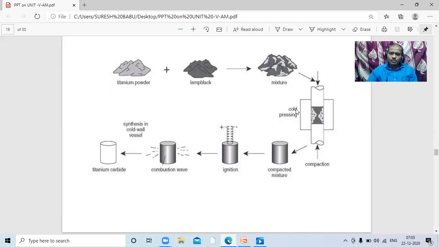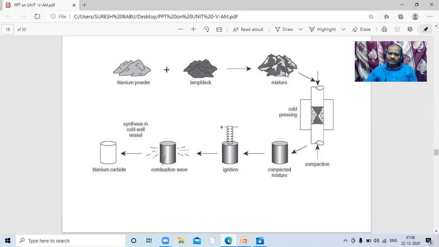And then this is cold pressing, and due to this cold pressing, without temperature, we are going to do a compaction process. During the compaction process, what happens,